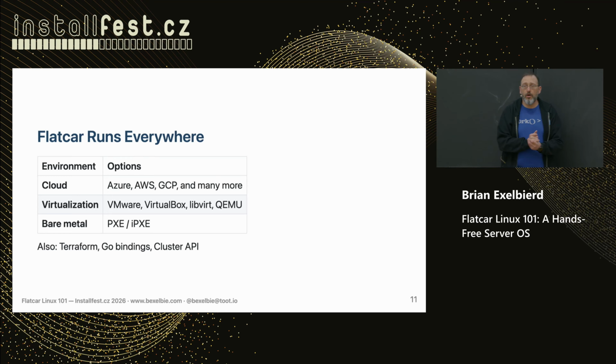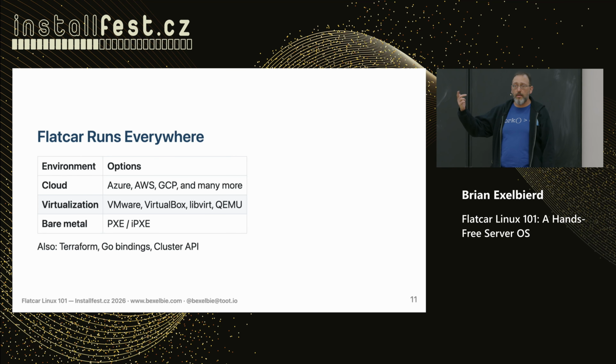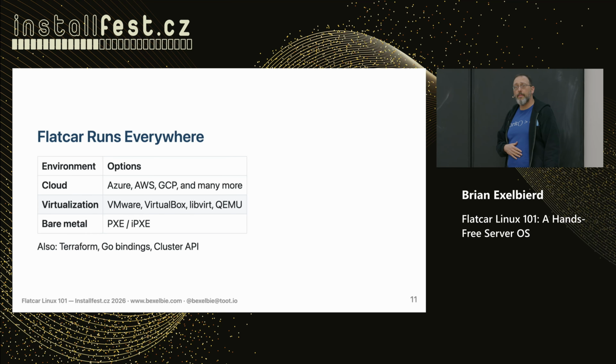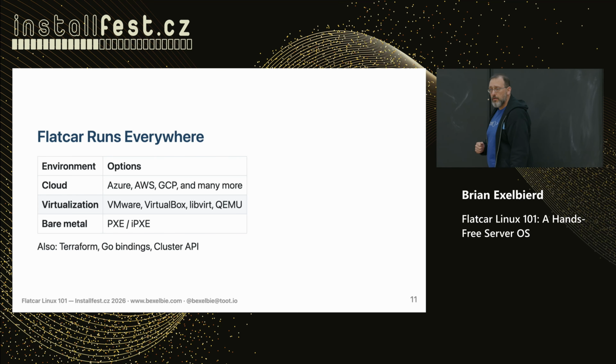So Flatcar will run anywhere you want to run a system. We're in all of the tier 1 providers, my employer Azure, as well as AWS, GCP, all the tier 2s that you can probably think of, and many of the tier 3s. It runs on all the virtualization you probably ever care about. It will run on bare metal. I didn't do this demo on it. That would have been a little too hard because there's no desktop. But it will be. This machine has run it in the past.